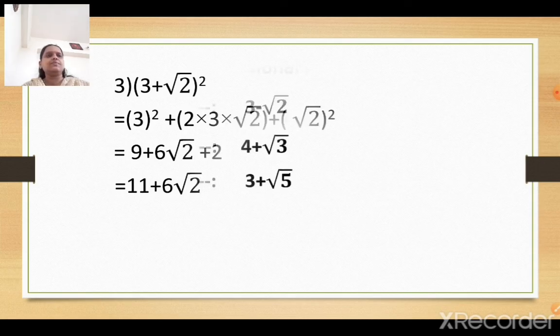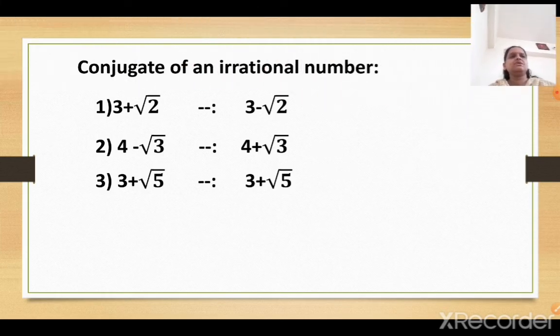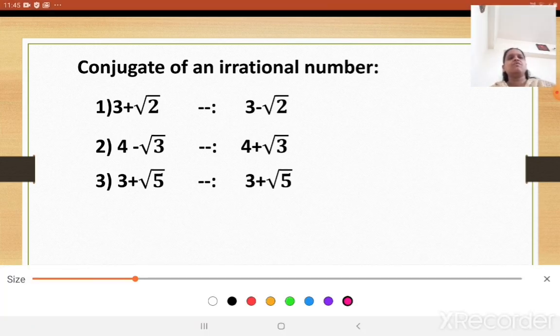Yes, this is nothing but your final answer. Let us continue now. The next concept is conjugate of an irrational number. What is the meaning of conjugate and where will we use it in our problems? So 3 plus root 2. If it is given with the addition or subtraction of one rational and one irrational, the whole number will become irrational only. And what will be the conjugate of that? We just have to change the sign. So plus will become minus. If it is minus, it will become plus. So what will be the conjugate of 3 plus root 2? It is 3 minus root 2.